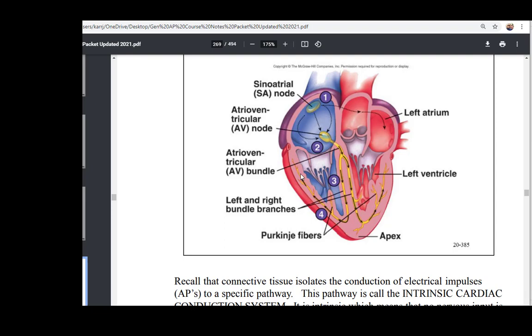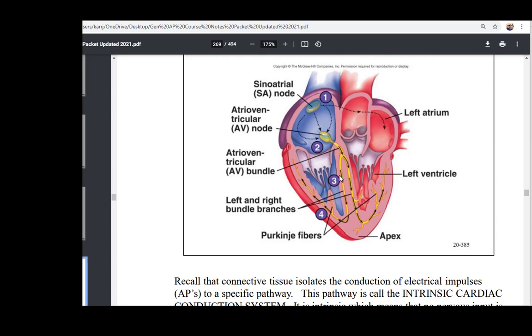So even though they generate the impulse in their cells, that impulse spreads through those gap junctions to the rest of the muscle cells and stimulates them to contract. So we see a very orderly fashion. The SA node fires first, then the AV node fires, then that impulse travels to the bundle of His, down the bundle branches, up the Purkinje fibers. So the ventricles contract last and the atria contract first based on how these action potentials travel down the conduction